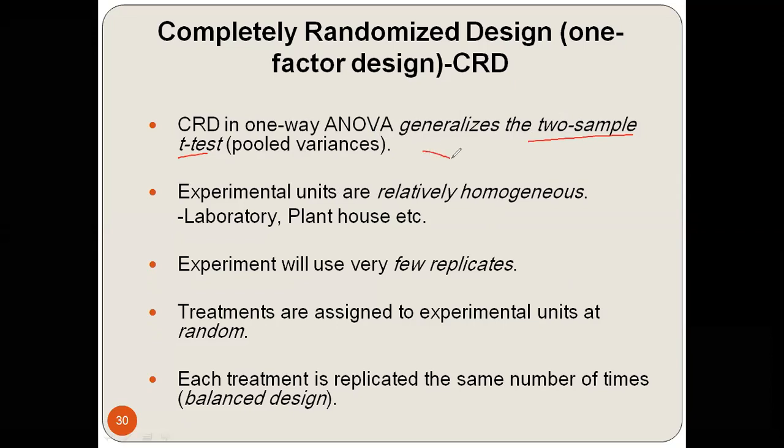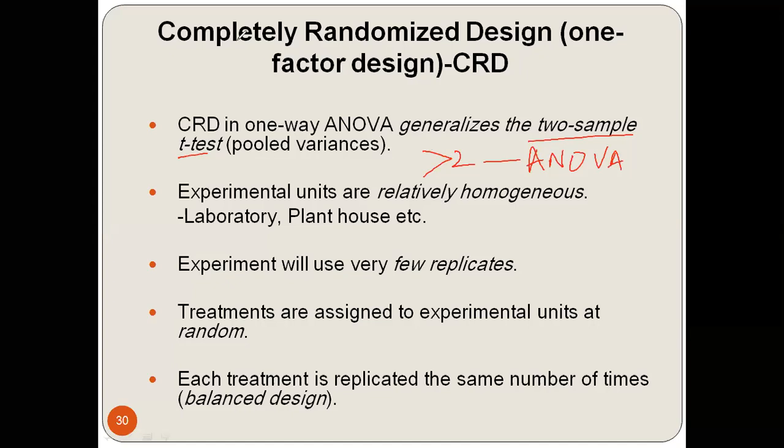But if it is more than 2 samples, then we go for ANOVA. If it is more than 2 treatments, which can be 3, 4, 5, but all are independent, then